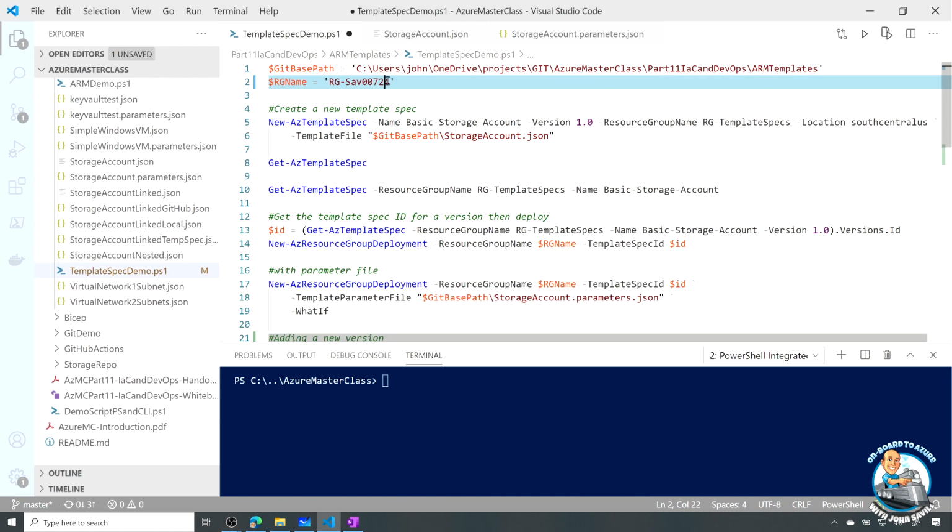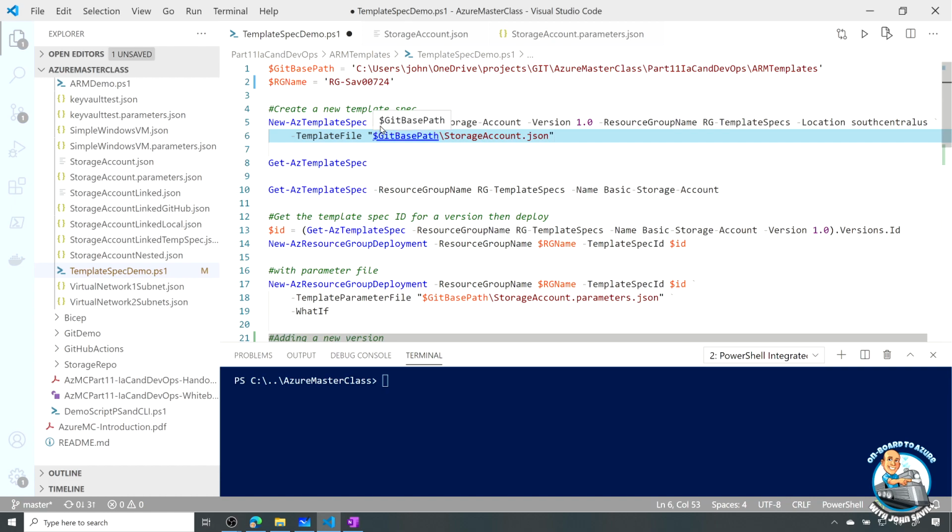So what I've defined here is just the base location for where all my files are, and then a resource group I'm going to deploy to. Now here I'm using the new AZ template spec command. I have to give it a name. So this is, well, what is the name for that template spec? I have to give it a version,